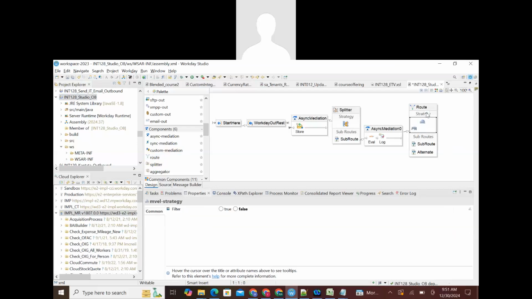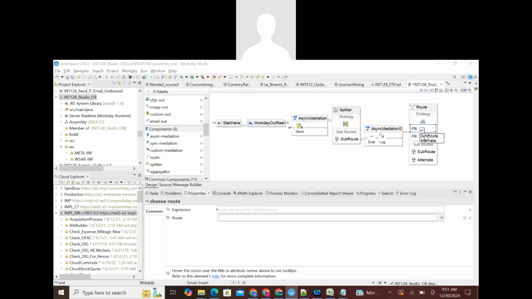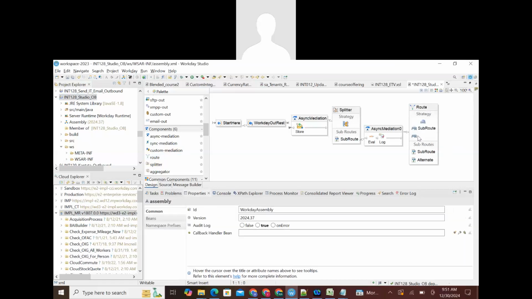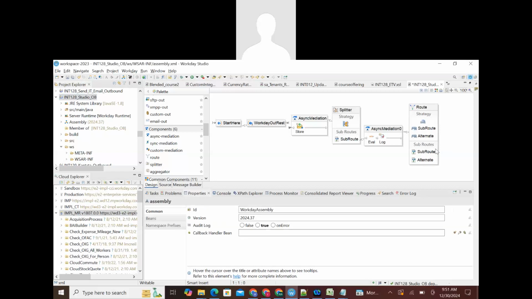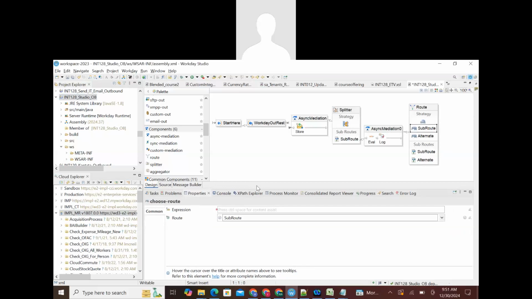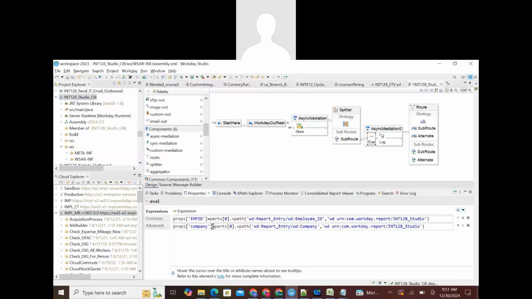We can click one more time. It will give one more option to add one more route, guys. So if it's the first one, it will go to the sub route. Second one, it should go to the alternate. Here we can mention the expression case. For example, we're going to give